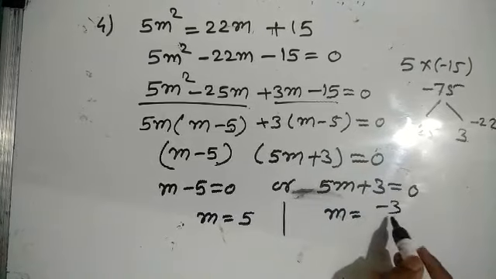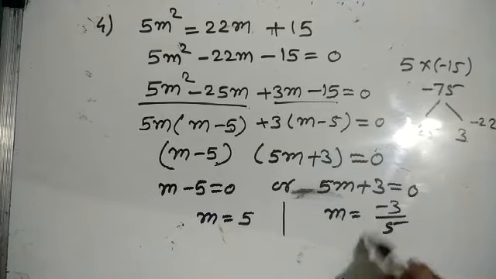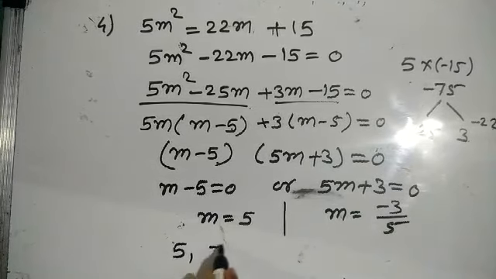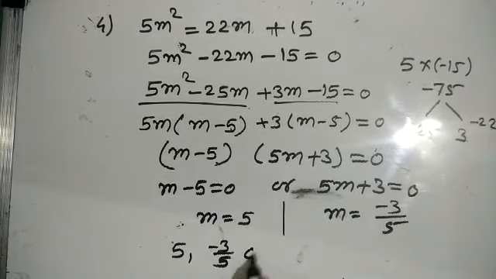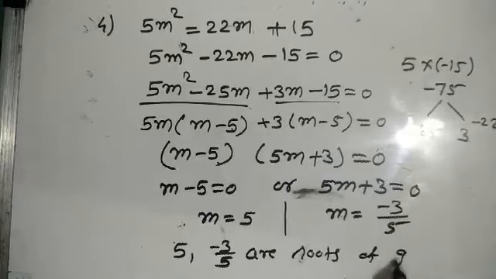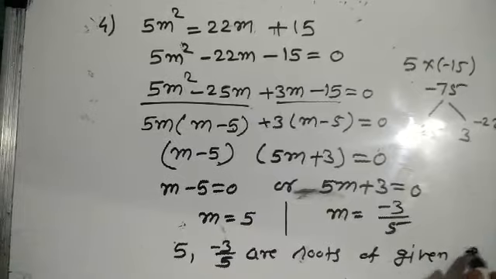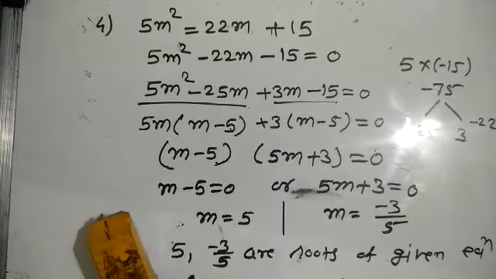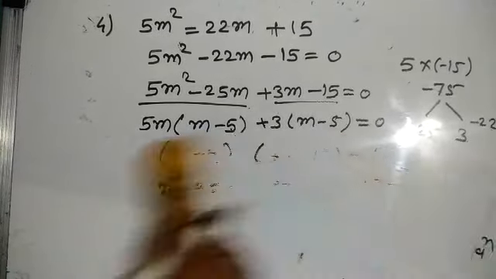When we write this 5, it goes into the denominator, that is minus 3 by 5. Therefore, we can write 5 and minus 3 by 5 are roots of the given equation. This is the fourth problem. Then